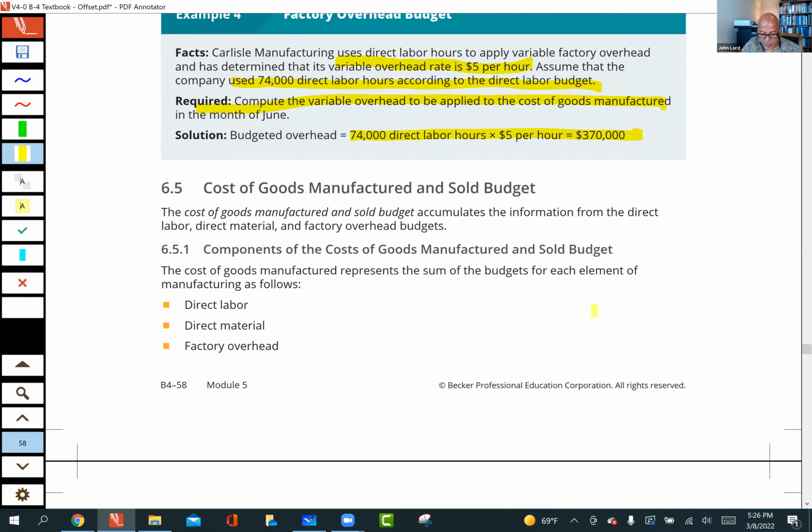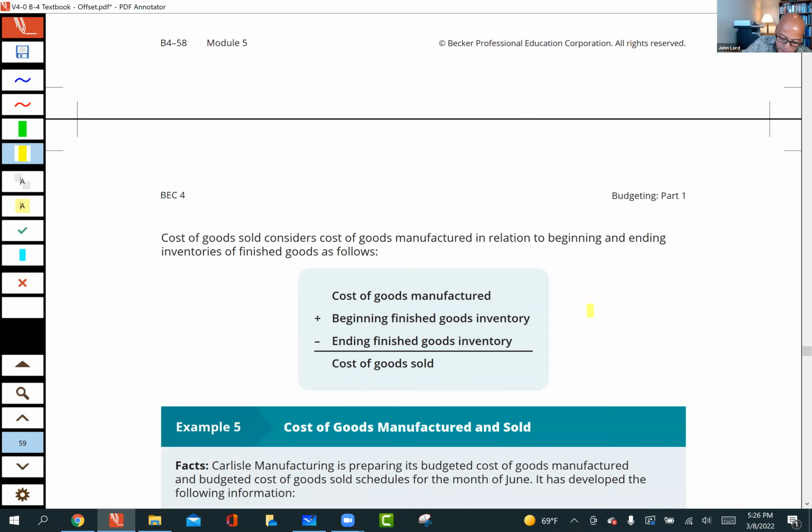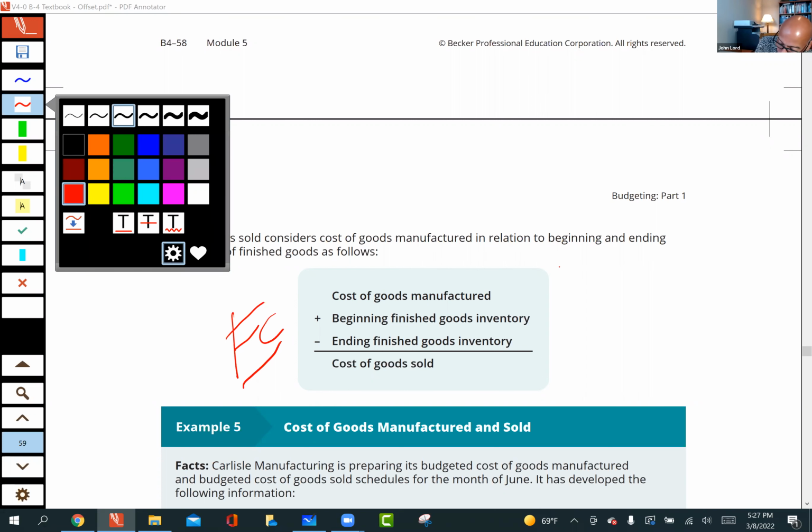Okay, good. Then to calculate the cost of goods sold, guys, I'm going to ask you to flashcard it, but we actually flashcarded this, frankly, in previous discussions. Whatever you have budgeted as your cost of goods manufactured is going to come into your finished goods inventory. So you could start with the beginning plus the cost of goods manufactured minus the cost of goods sold gives you the ending inventory, and then you can squeeze up for your base mnemonic.